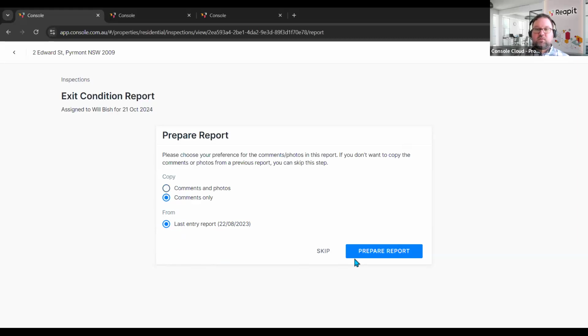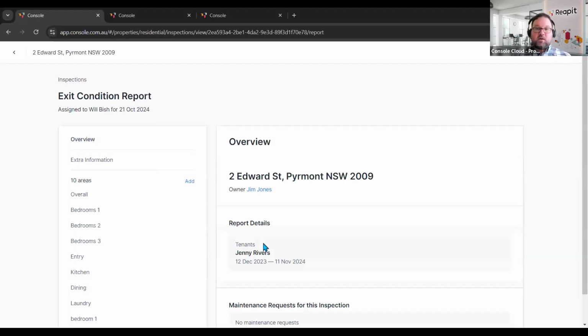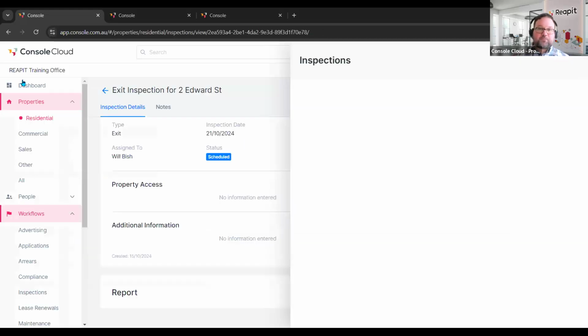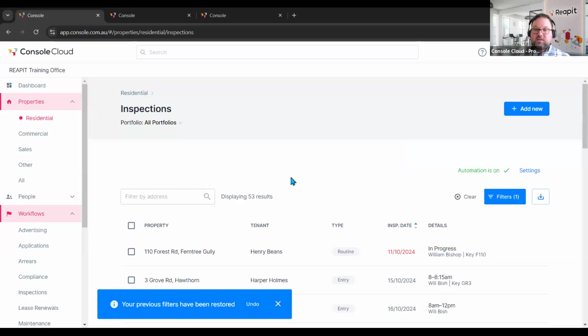I'm going to go with comments only, at which point clicking prepare report will duplicate that information from the previous report, pull it into this upcoming exit report, so that when I get on site, I've got that there already in the report, and I prepared that in advance. And you can do that through the desktop. Now, let's back out of this a little bit further and repeat that process. So in here,